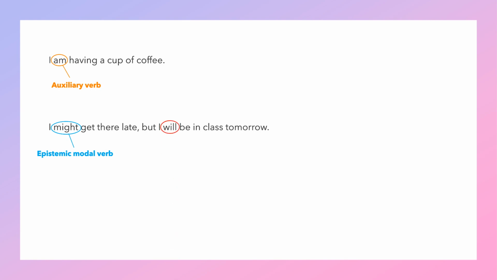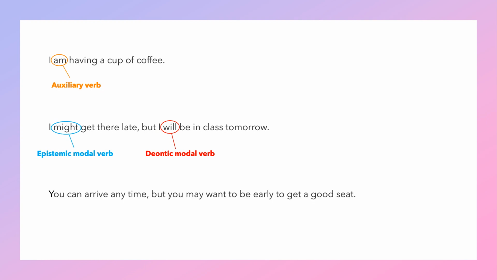But the next one, will, is definite. She will be there. D for deontic, D for definite. That's just how I remember it. Last one, you can arrive at any time, but you may want to be early to get a good seat. Can is epistemic because it's not definite. May, also epistemic. I haven't put too many deontic modal verbs, but you could say,